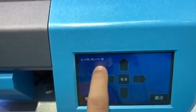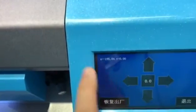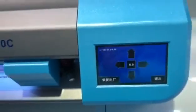This is normal. If not this number, 如果不是呢？按这个零，if not this data, so press this button, so it will go to normal. OK。